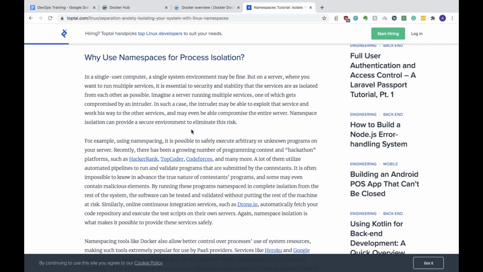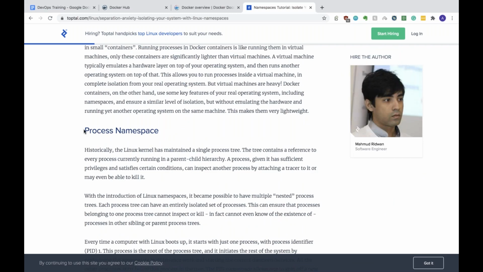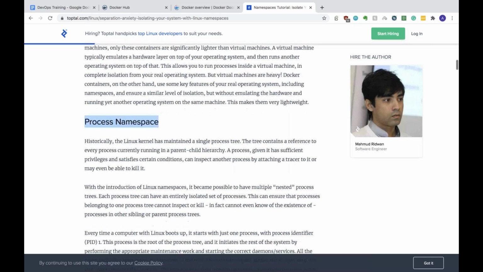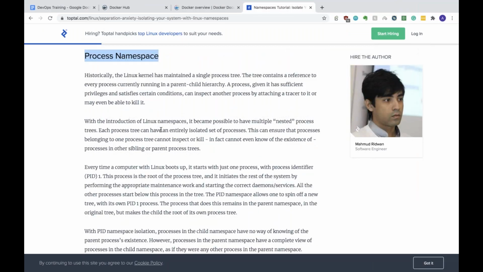So that's why people prefer process isolation for securing themselves. Now, what kind of method do they have to use? They have to use something called process namespace. Each process in the Linux kernel comes with a child hierarchy. Normally you need to understand that any process in Linux first makes a clone of its